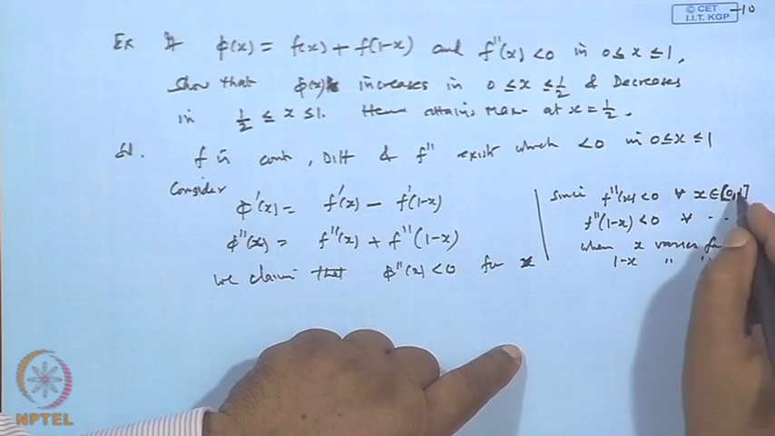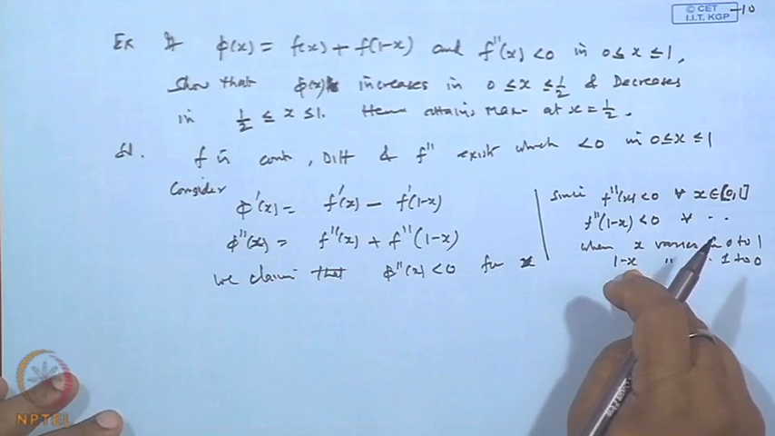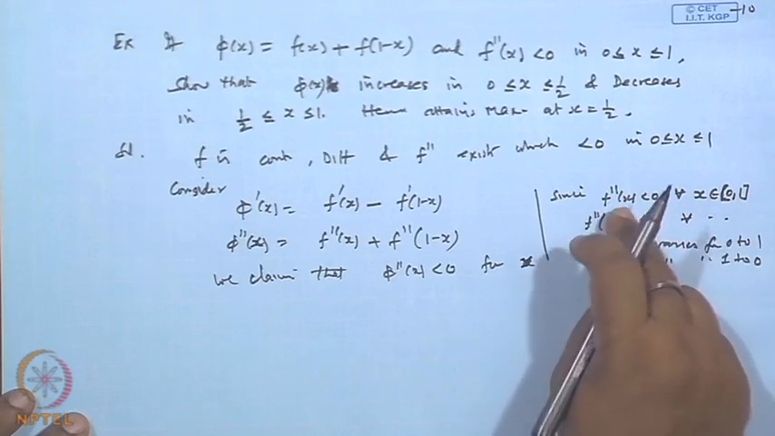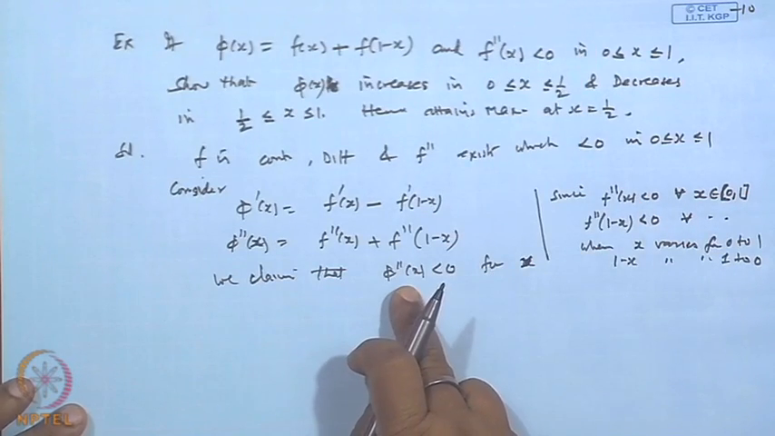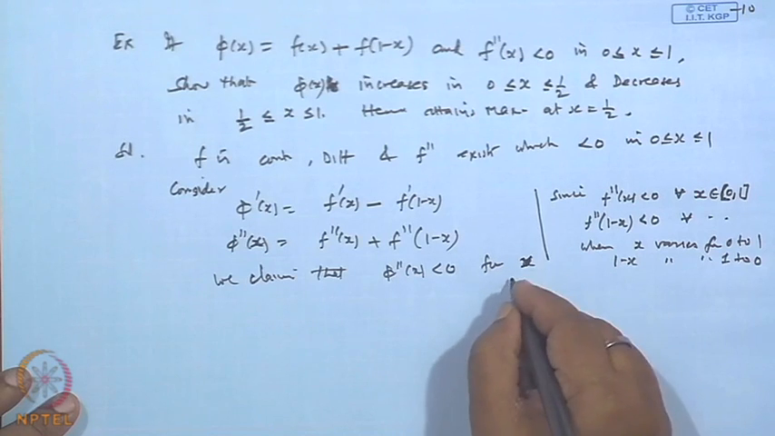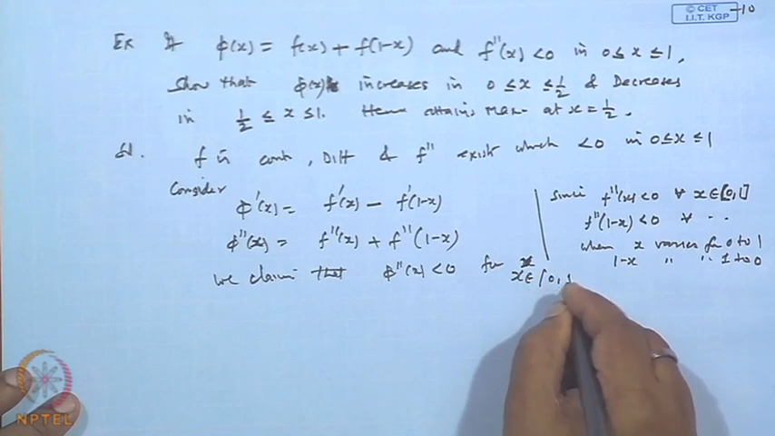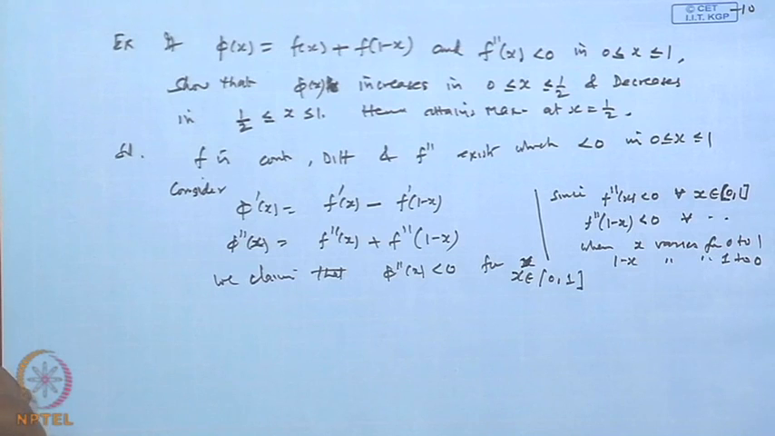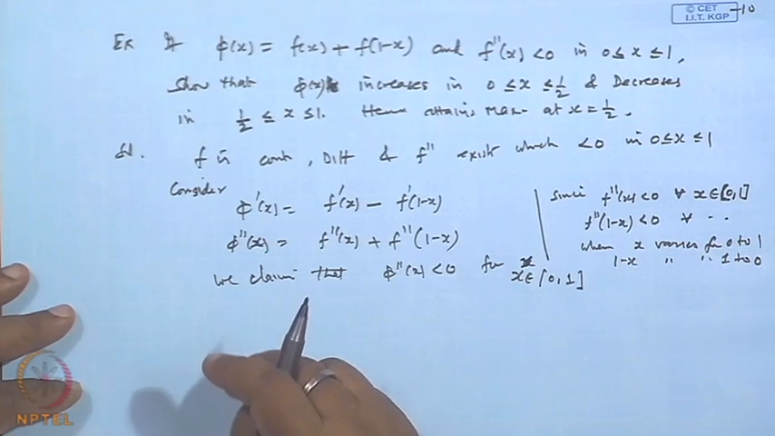So, they always lie in the interval 0 1, and for all points which lie in 0 1 the second derivative is negative. So, phi double dash is negative for all x in the interval 0 1. Okay. So, this is information we have got. Achha, now,